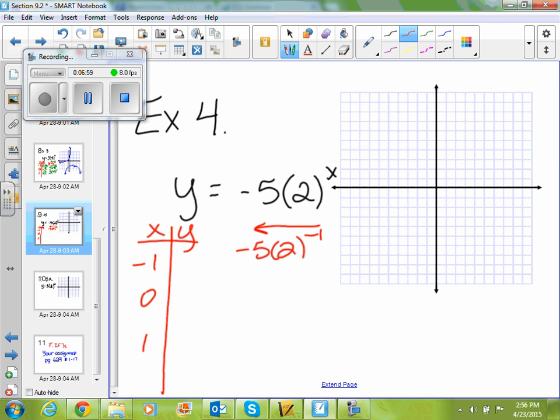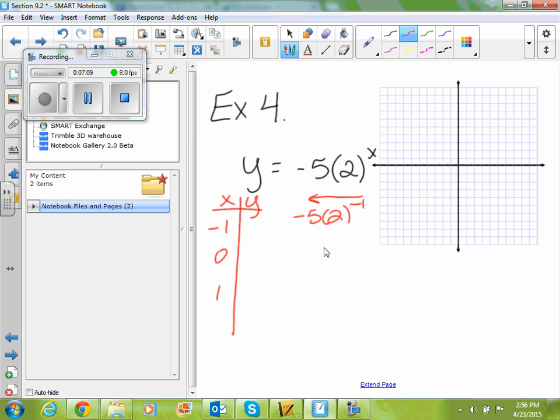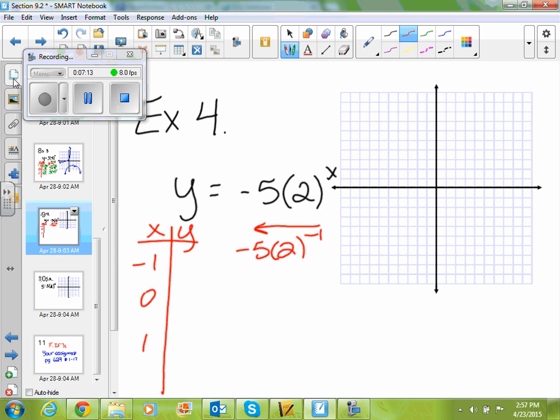Nope, gotta do the 2 to the negative 1 first. Go back. Okay. I had a 0.5. 0.5 times negative 5 is